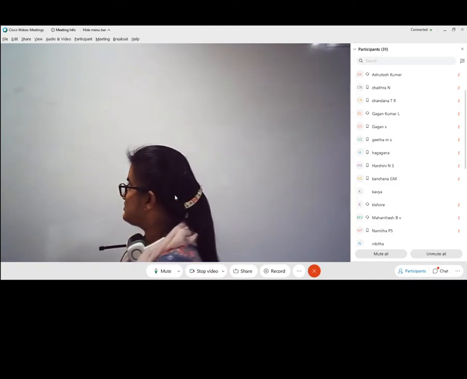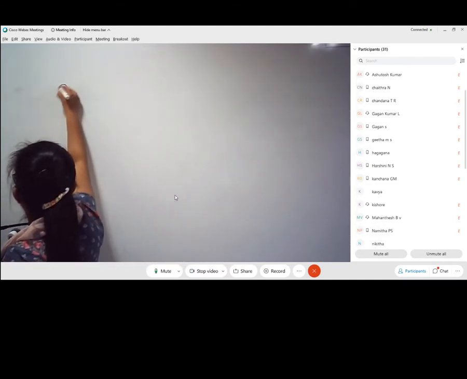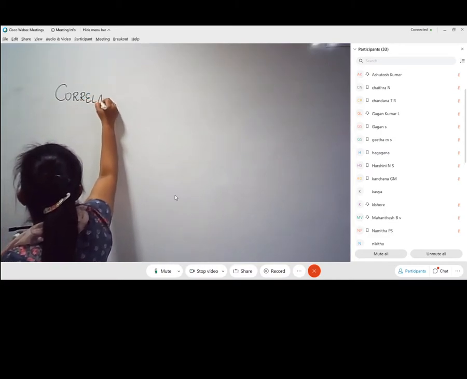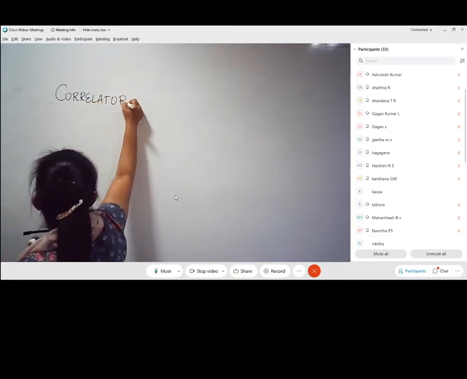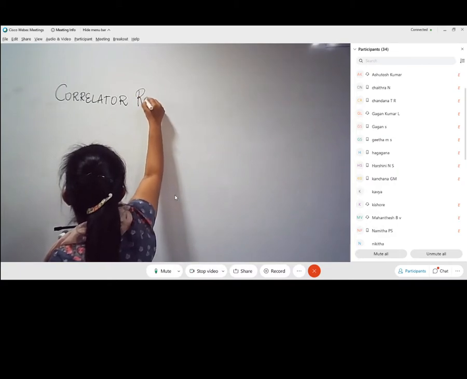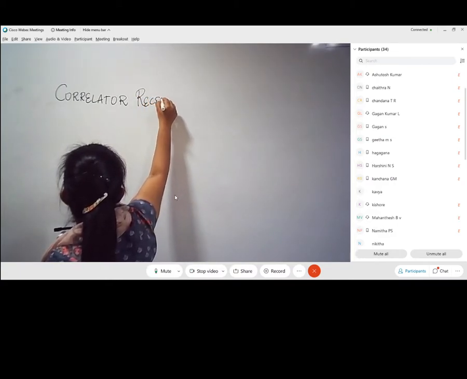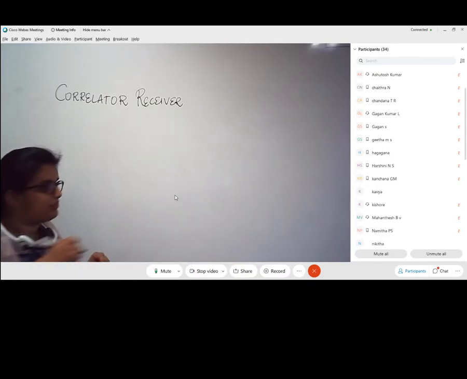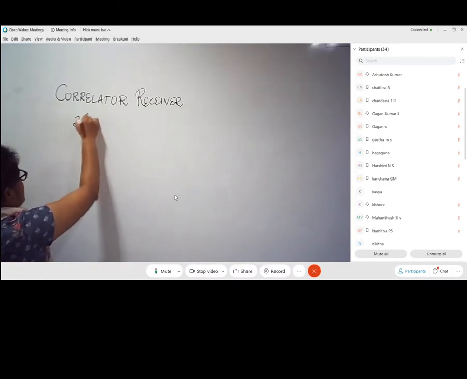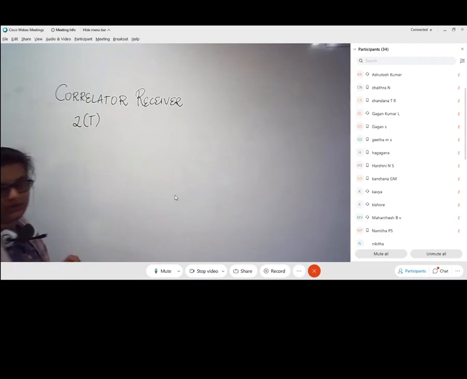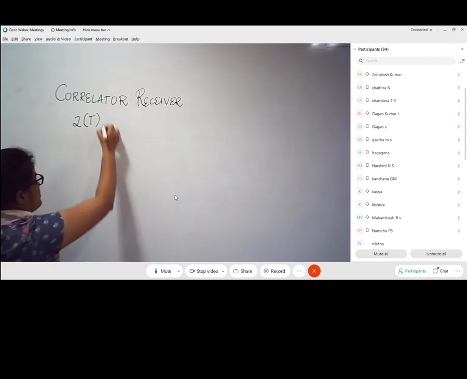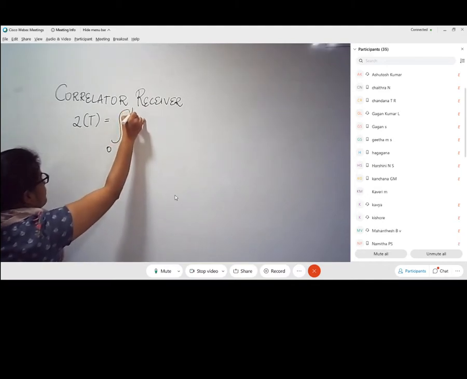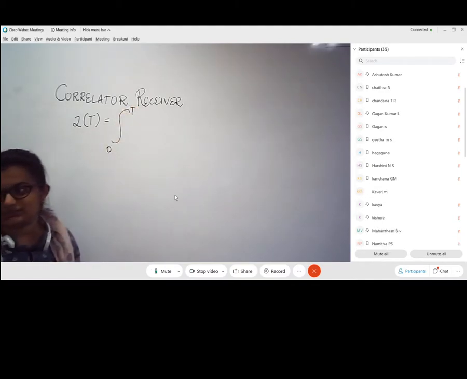In the previous class, we were discussing the structures of the receiver in our DC class. We were discussing mainly the correlated receivers. So, what are these correlated receivers? These are the receiving filters which help us in obtaining the pre-detection point, that is Z of t, which is obtained by integrating over a period of 0 to T, that is one symbol duration.